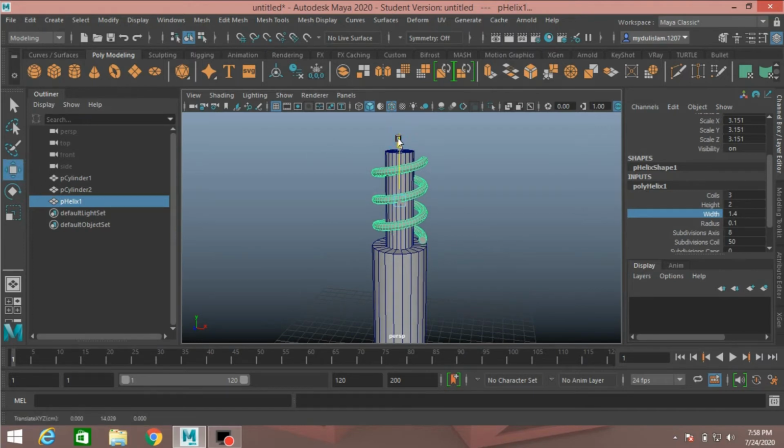Move it up, increase the height, increase coil number.